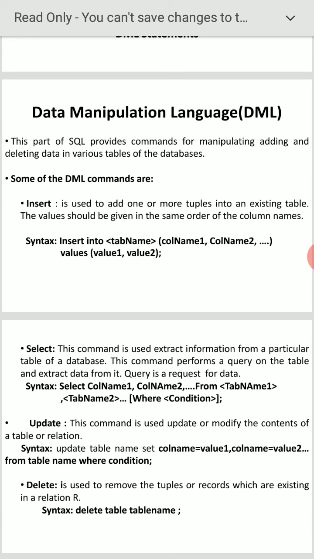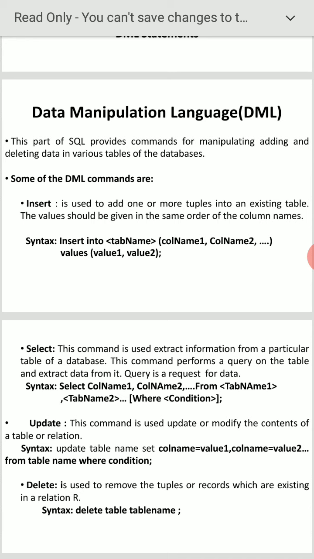According to your problem, you can use the select command. You see the syntax. Update table name, set column name equal to value 1, column name equal to value 2, from table name where condition.